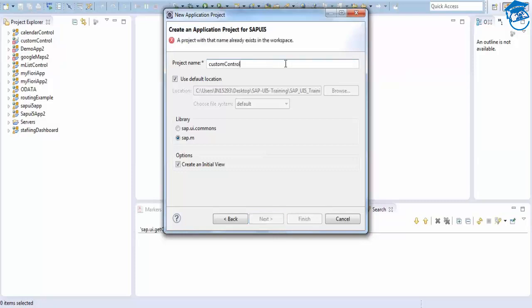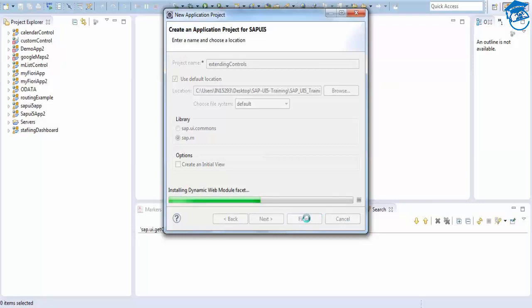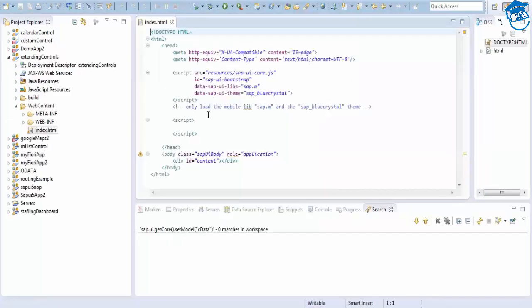Custom control. I can take extending controls. Extending controls. So I'm not going to create any initial view. I'm going to say finish. Once I say finish, this will get